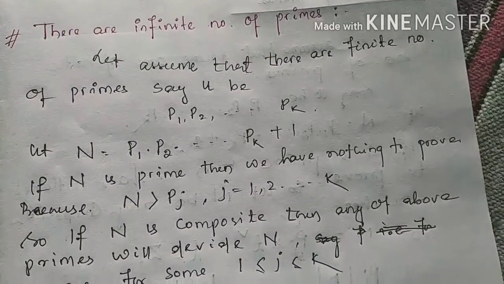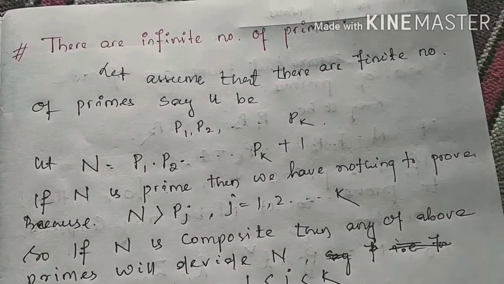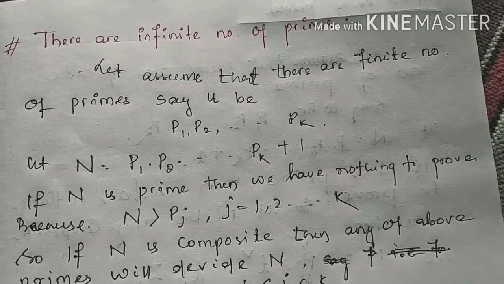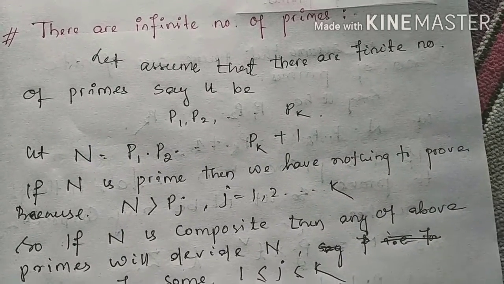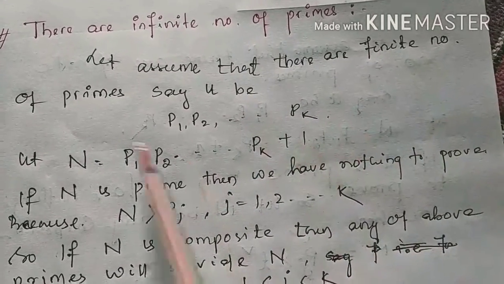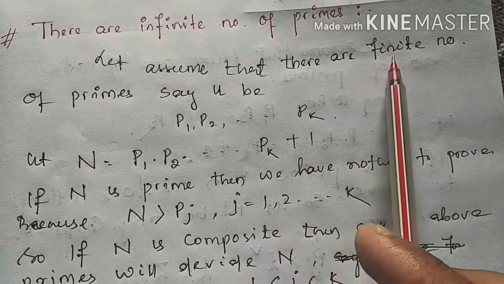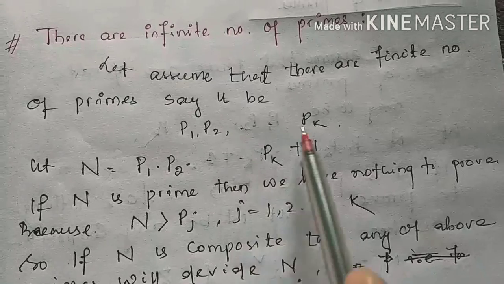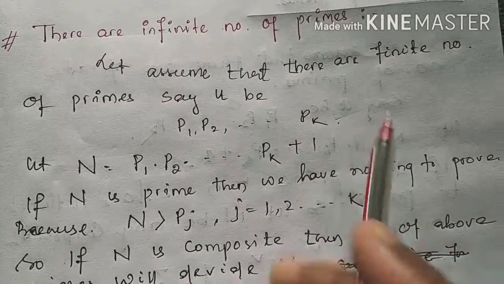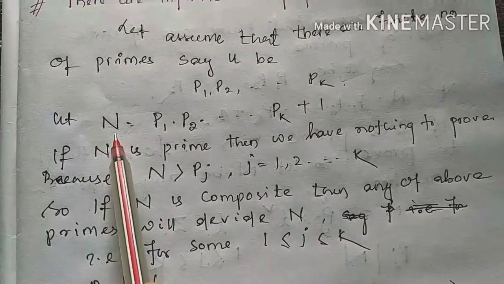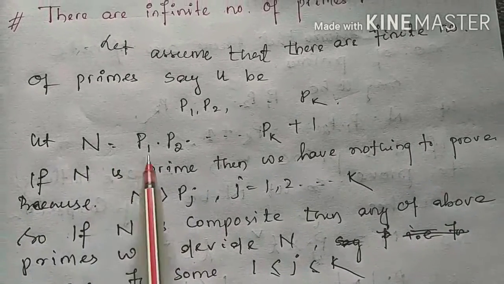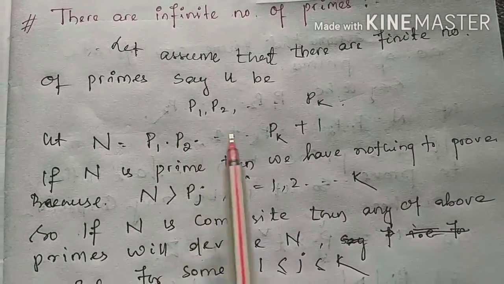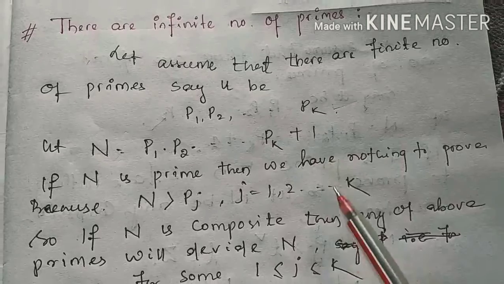Friends, here we are going to prove that there are an infinite number of primes. We are going to prove this by the method of contradiction. So now let us assume that there are a finite number of primes, say p1, p2, up to pk. Let n be another number which is equal to p1 into p2 into up to pk plus 1,